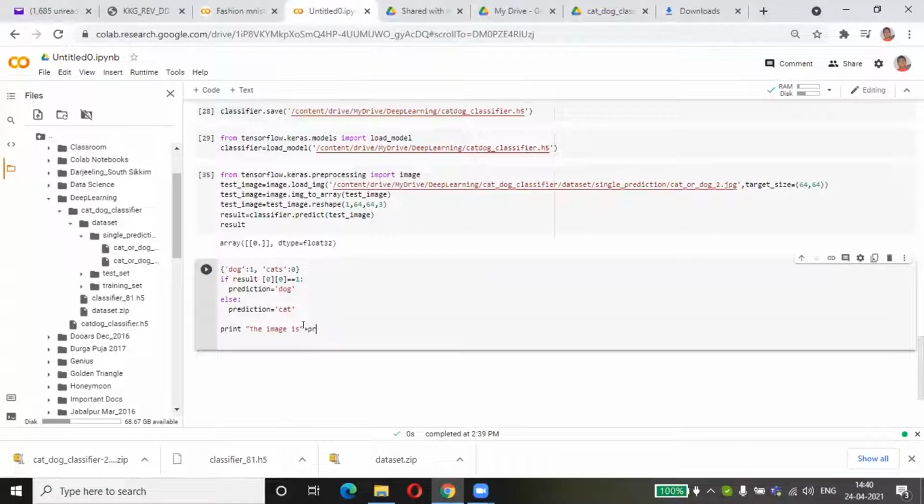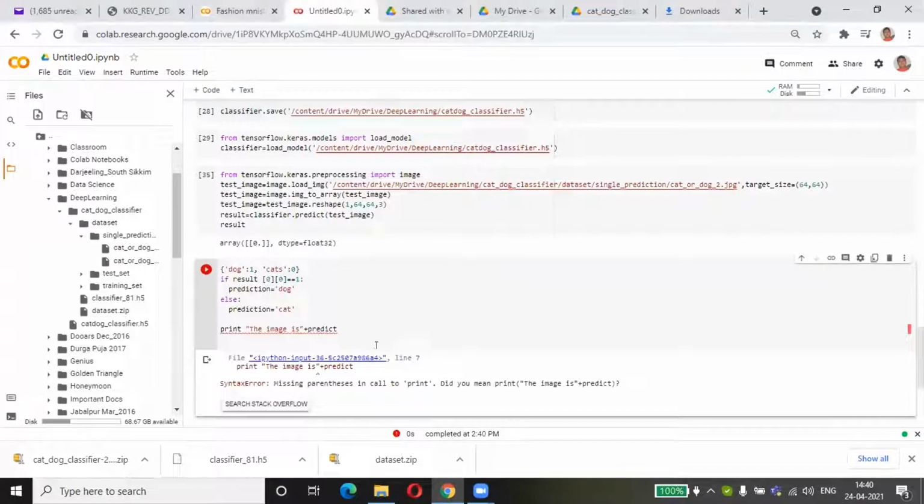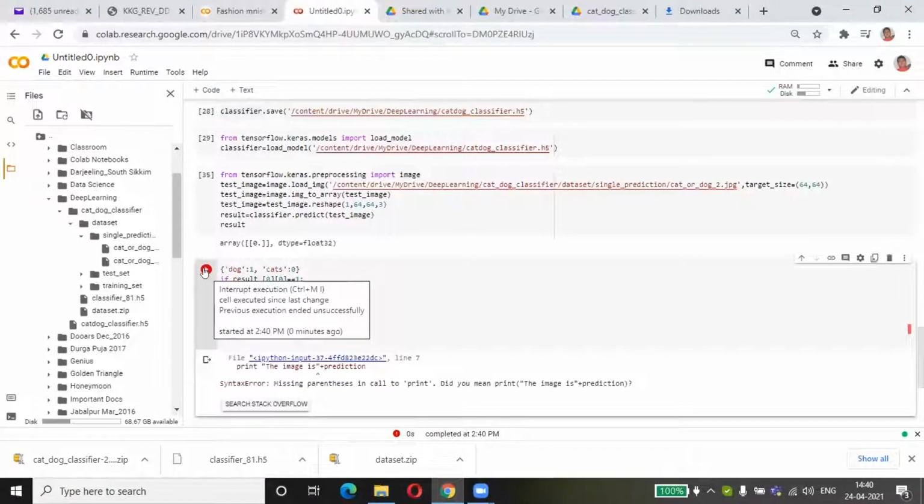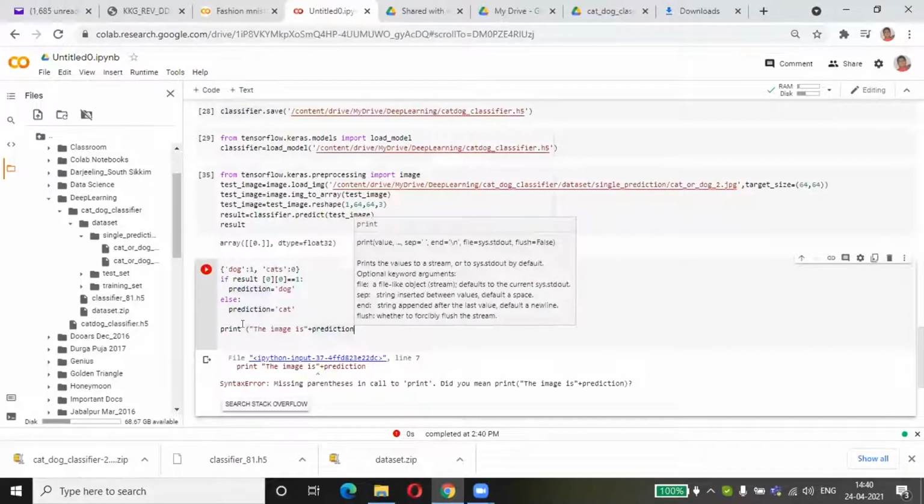Prediction. Define the variable there. So it's a missing parenthesis. Okay, print statement or typing? No, so put in the parenthesis.